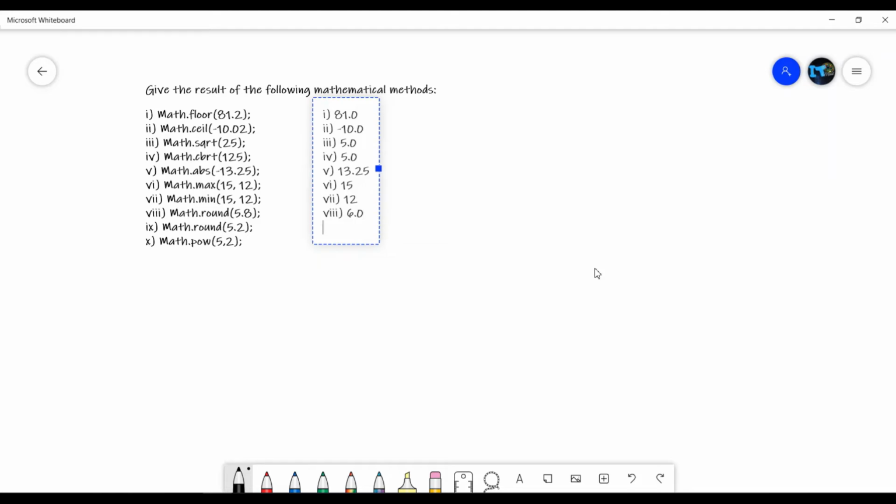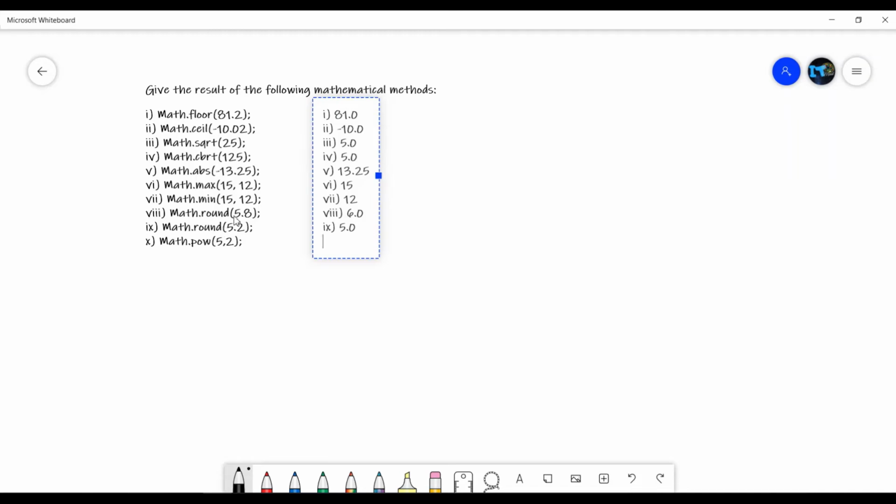But on my next question, I put the round method again, but the value is 5.2. Then the value will be 5.0. Why? Because the nearest rounded integer or whole number is 5, so it returns 5.0. If the decimal value is 5.4 or 5.3, then it also returns 5.0. If it is 0.5 or above, like 5.5 or 5.6, then it will return 6.0, meaning the upper side of your number. This is your round method.